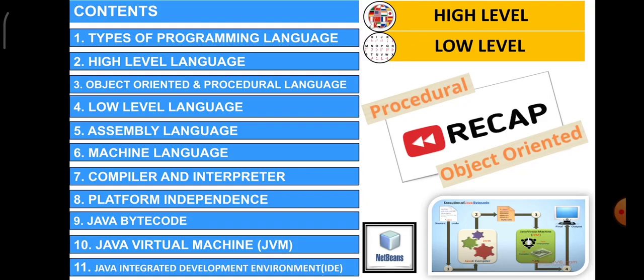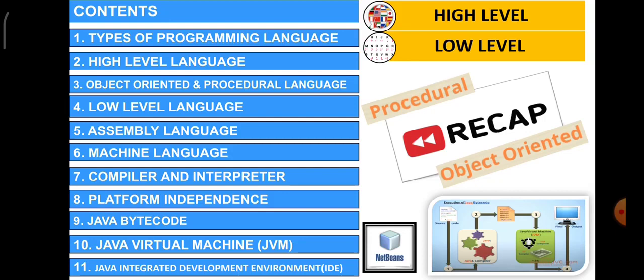what do you mean by portability, what is procedural language. Procedural language is nothing but it is written as sequence of instruction. And then what is object oriented language, how do machine language run, whether it is run directly by the CPU or through some other process, what is an assembly language, what is a compiler and interpreter. And if you could remember the flowchart of how execution of Java bytecode was taught to you, that is very, very important for the examination point of view.